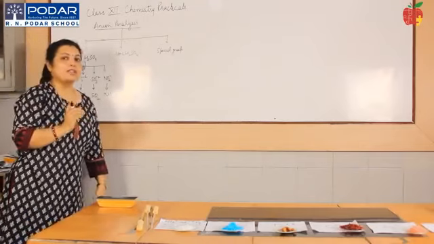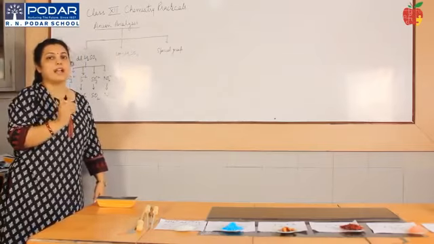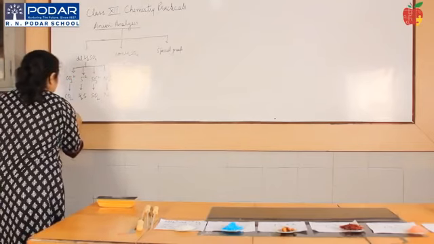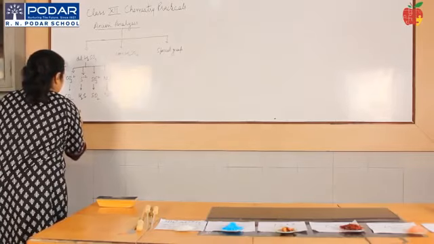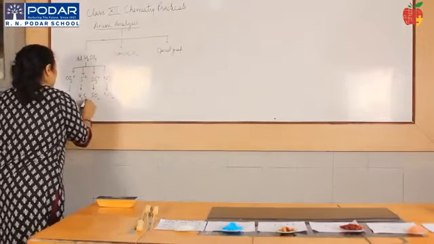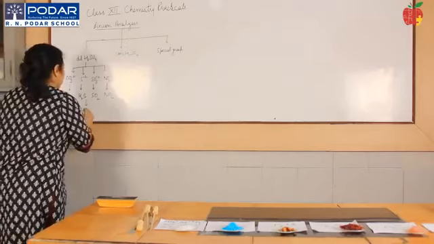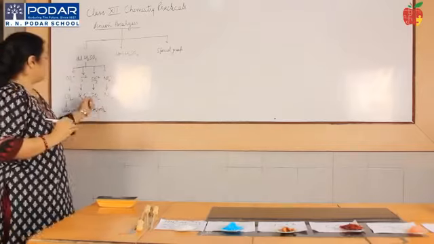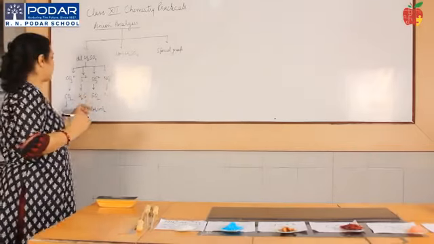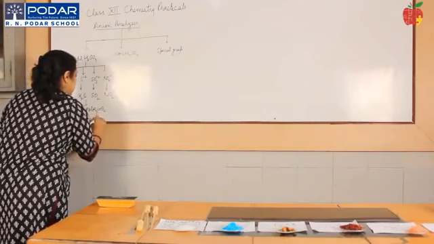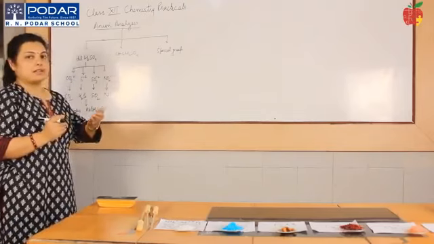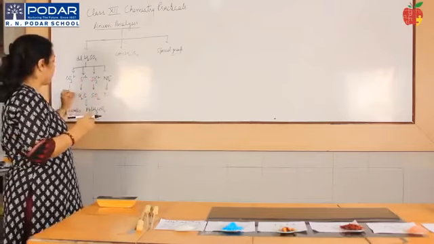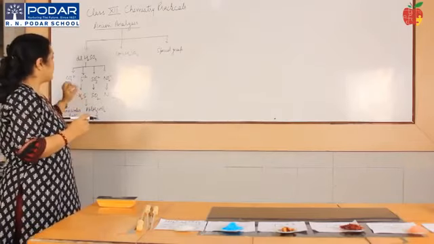But just getting the gas is not enough. You should know how you will verify that the gas given out is so and so. For carbon dioxide, we perform something which we call the lime water test. For H2S, if I use a lead acetate paper, what will happen? Your lead acetate reacts with H2S to give you PbS, which is blackish brown in color. So you will have a blackish deposit on the lead acetate paper,